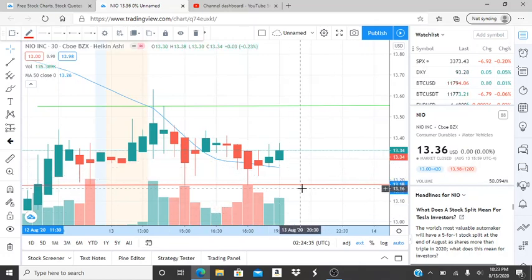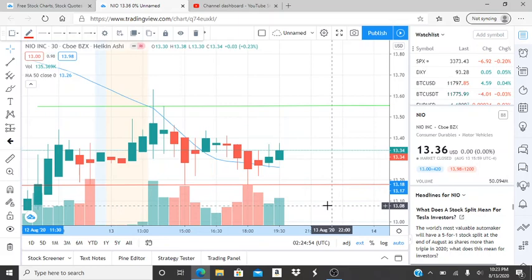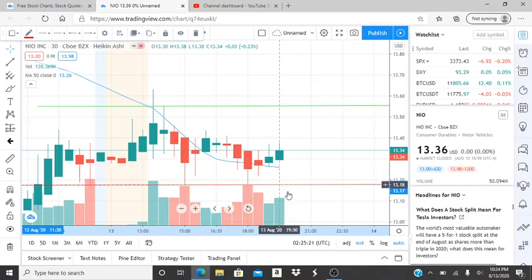If by any chance it does get broken, which is 13.18, and it gets broken through, and the bears have gained control already by that point because they broke through the 50-day moving average of 13.26, they're breaking through support, and they're going to try to break through lower supports and lower levels. So if 13.18 is broken through, that is something to pay very, very close attention to. I would highly suggest putting on your 1 minute, 5 minute charts so that you can be paying attention to the volume and what's going on very closely to the stock, because once 13.18 is broken through, the bears are gaining control. They broke through the 50-day moving average, and by breaking through this support, they're definitely showing